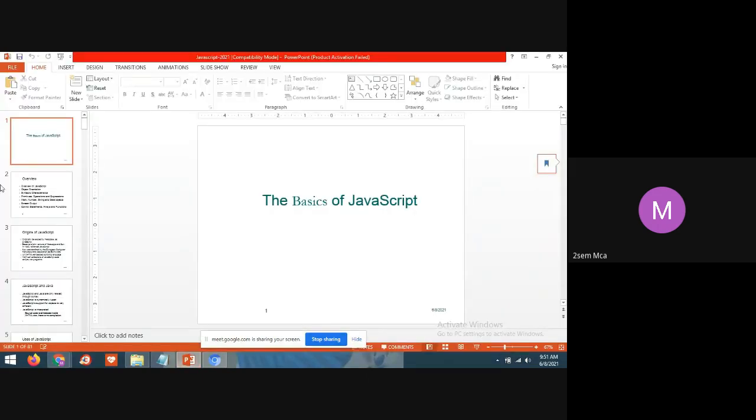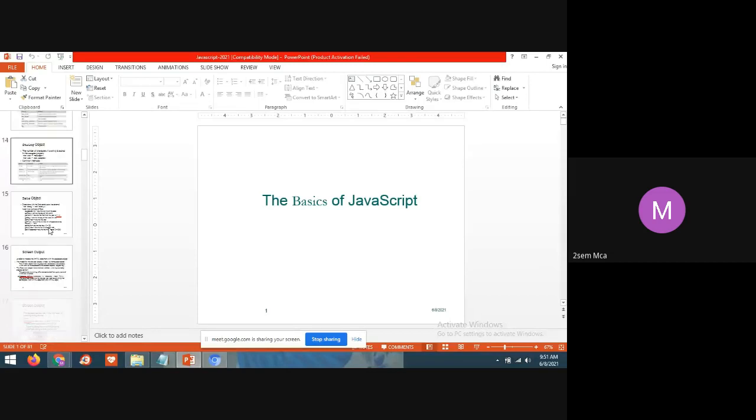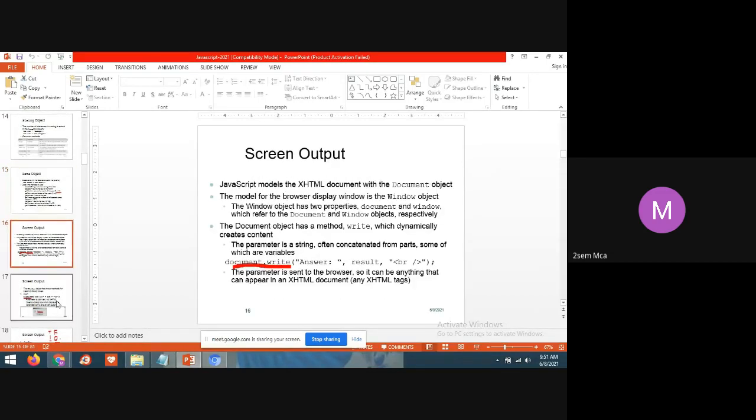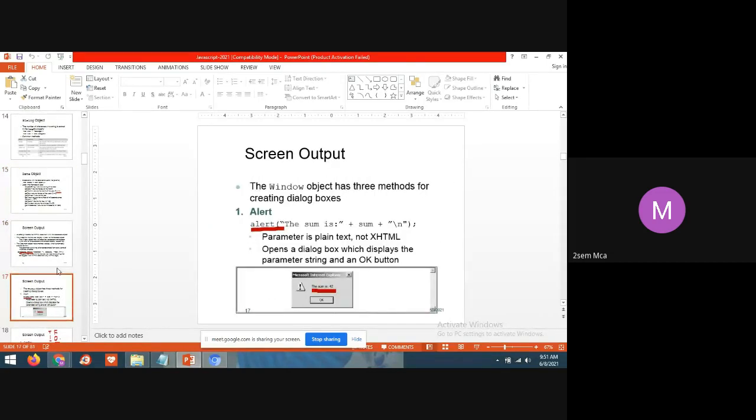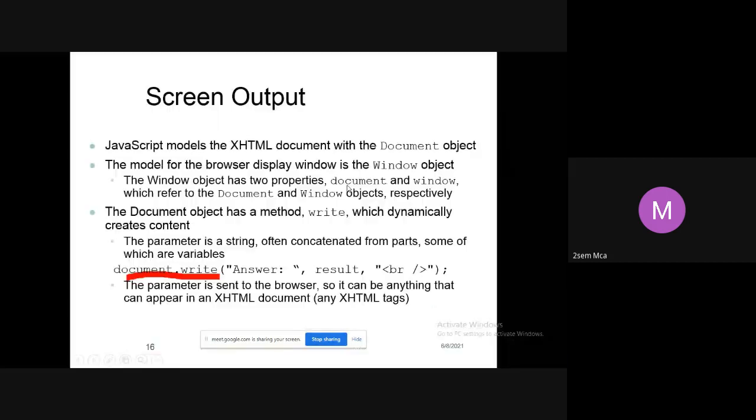Yes, students, in last class we have seen the theory about some of the screen outputs. First, we have seen the screen output statement, that is document dot write.